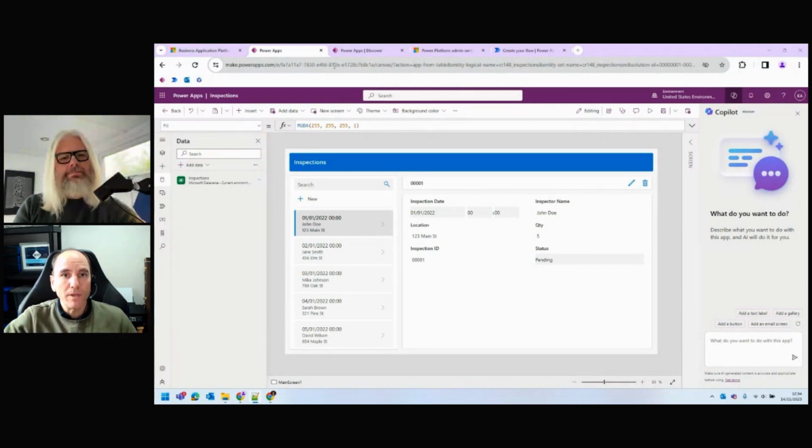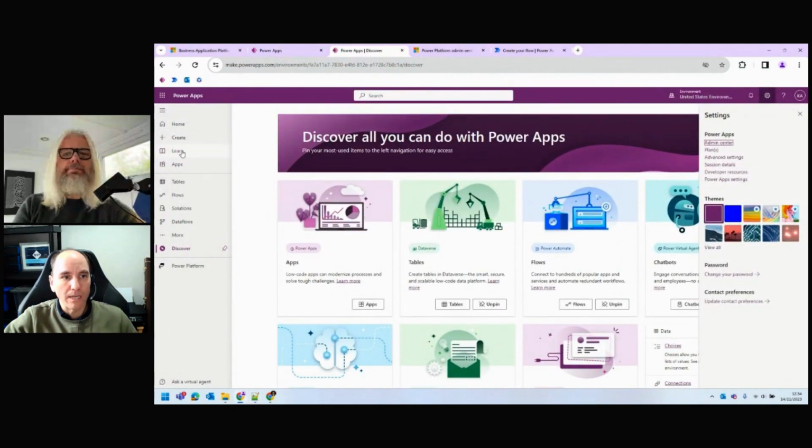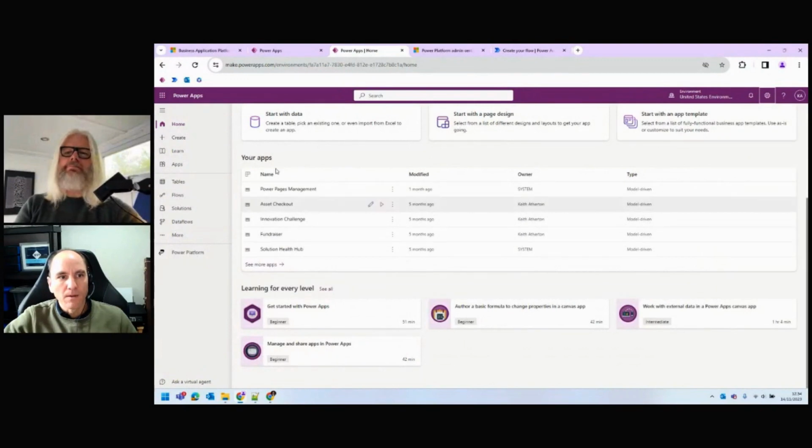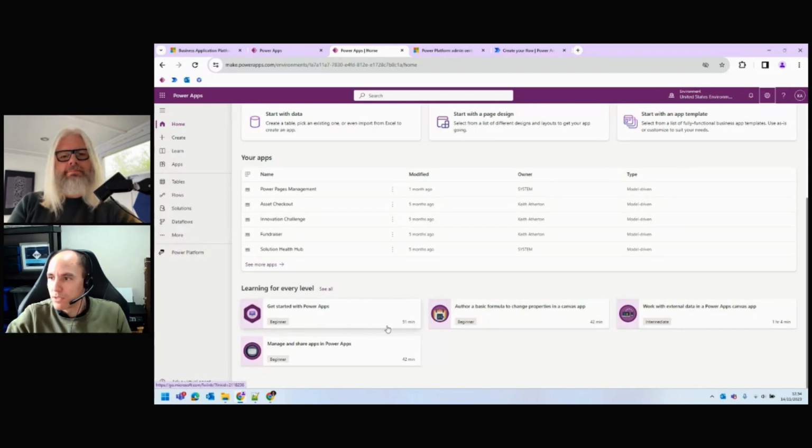But again, when we go to these portals right here, let's see, close this one down. Same with the Power Automate, we saw the links to the learning, and same with the Power Apps. If you just log into this portal, which again, you may have access if your organization has certain E5, E3, whatever licenses, you might already have access to these tools using standard connectors, and it's not being used. So if you're going through the organization, go there and check out the learning.